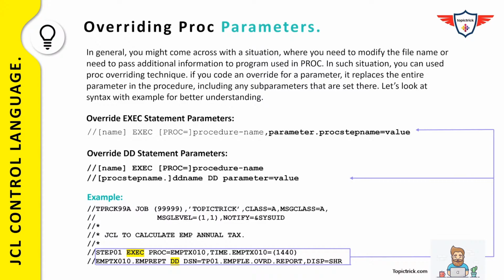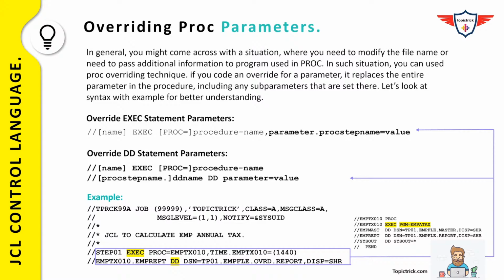Again, there is a sample JCL and we are using the same catalog procedure that we used in our previous example. In this case, the first two lines are again a job card, and after that you have the next three lines, which are a comment section that lets you know what exactly this job is doing. The next step is STEP01, which is an execute statement, and this execute statement is invoking or executing the catalog procedure